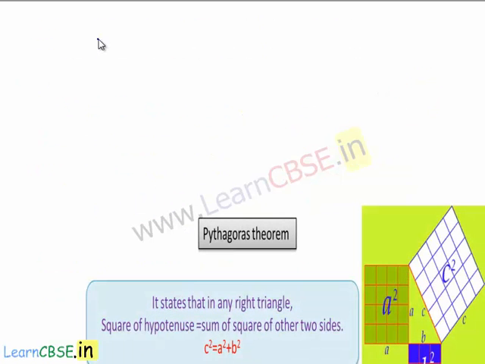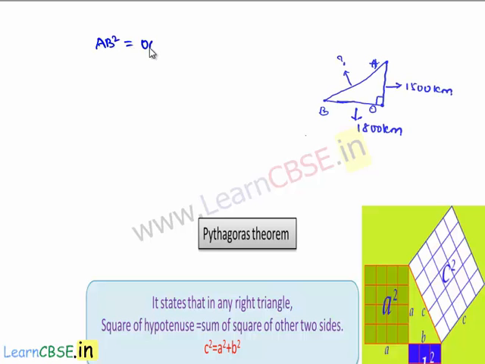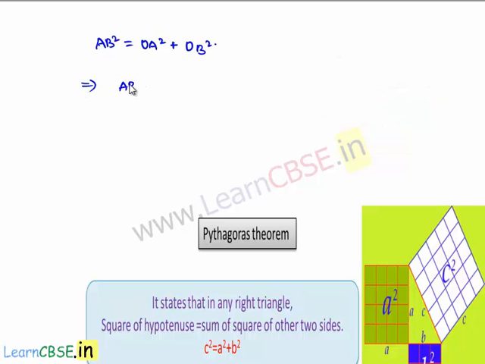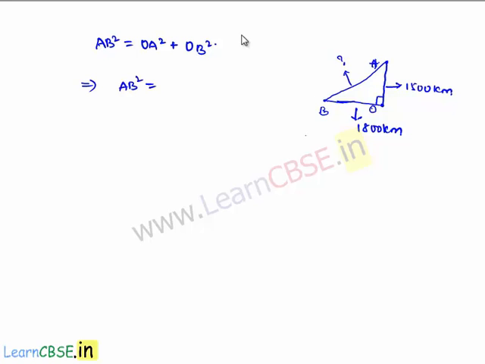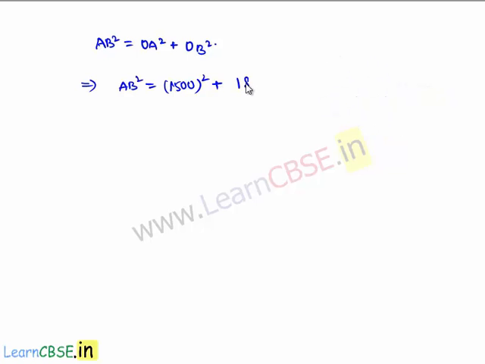Here AB square will be equal to OA square plus OB square, which implies AB square is equal to 1500 square plus 1800 square. 1500 square is nothing but 22,50,000, plus 1800 square is nothing but